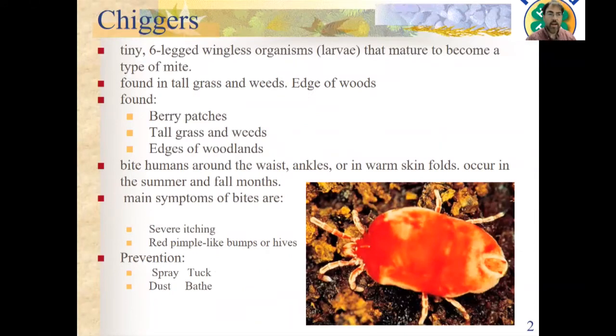Chiggers. This guy comes out during the late spring and early summer. These guys are quite small. They obviously are red, but what happens is they go through a process, and these little guys, all they can do is walk and crawl, but they're found in tall grass and weeds and on the edge of woods. They can be found around houses. I have seen them on my back deck before, but they are located in berry patches, tall grass, weeds, edges